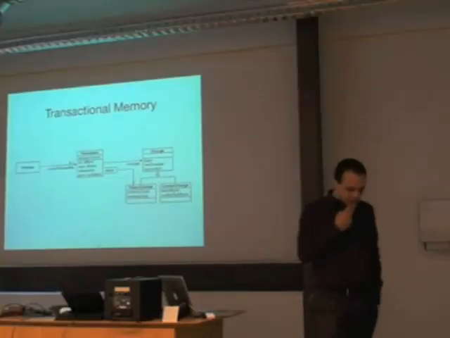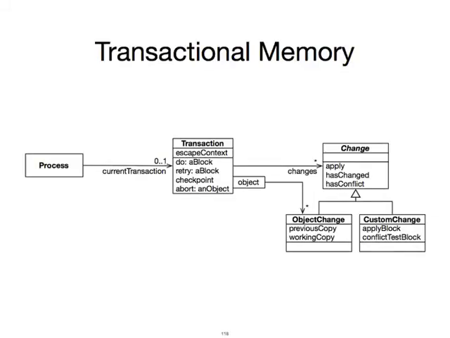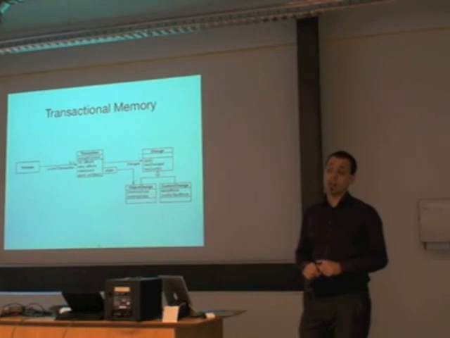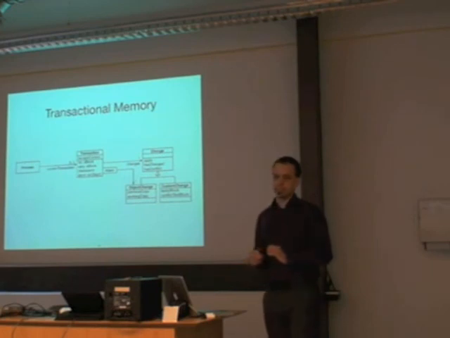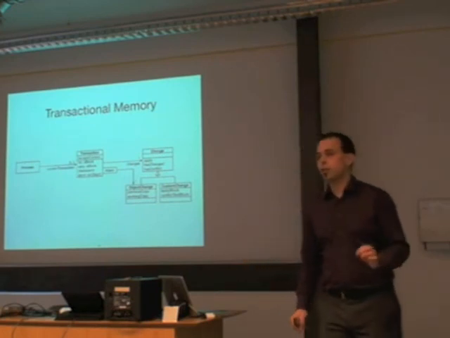So the first one is transactional memory. Transactional memory is an interesting language extension because it's not naturally seen as a language extension. Most people that have been working with transactional memory try to implement that on a hardware level, or at least on the level of the execution engine. But what we do here with this language extension is we implement it in Helvetia, and we use an Argo language for that. That means it just changes the semantics of the language in the system. So we basically rewrite all the state access